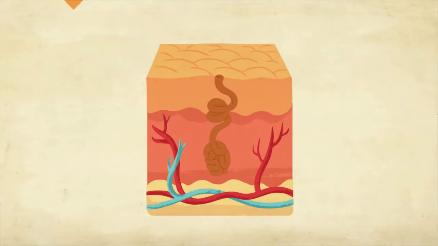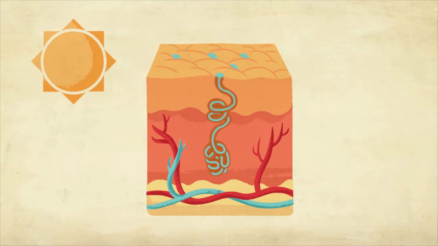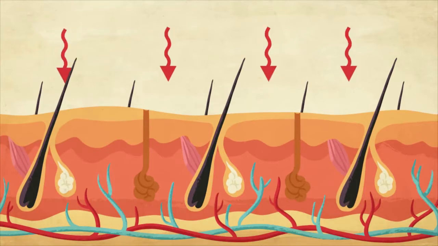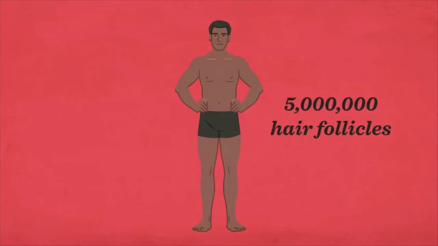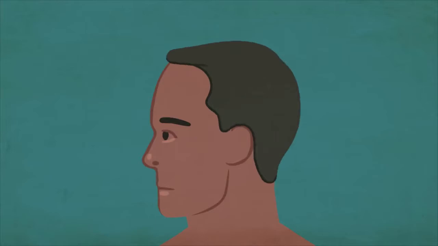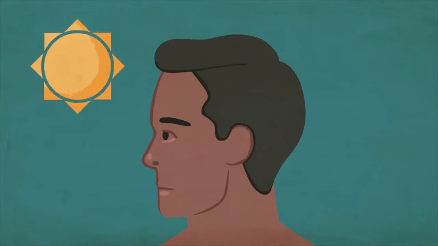Under warm conditions, the skin's sweat glands will secrete sweat via ducts onto the surface, transferring heat out of the body. Hair can also be stimulated to conserve or release body warmth. The average human has 5 million hair follicles embedded everywhere on the body, except the palms of your hands and soles of your feet. 90 to 150,000 of those are on your scalp, where they help shield the large surface area of your head from physical damage and sunburn.